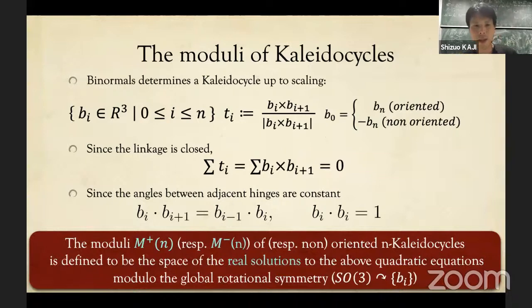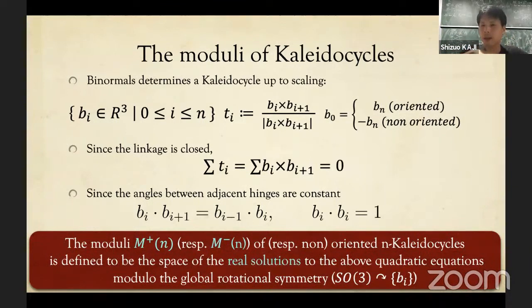And with this language, here I wrote moduli space, but it's just the configuration space. The configuration space of Kaleidocycles can be described by a system of quadratic equations like this. So first, here we need one more thing. To consider a space curve, you can directly think of a polygonal curve,